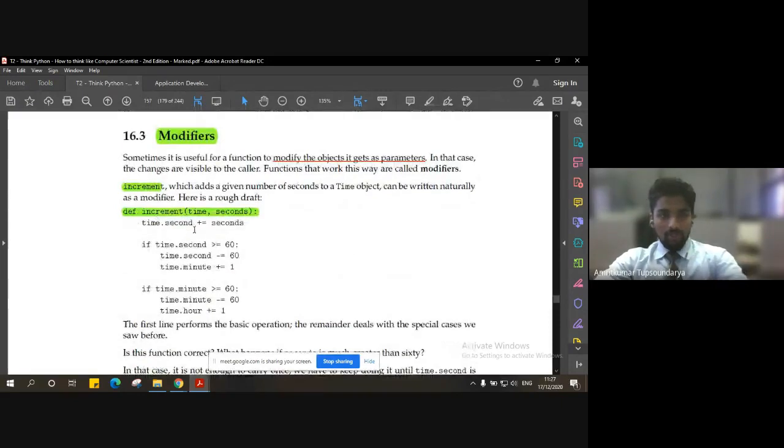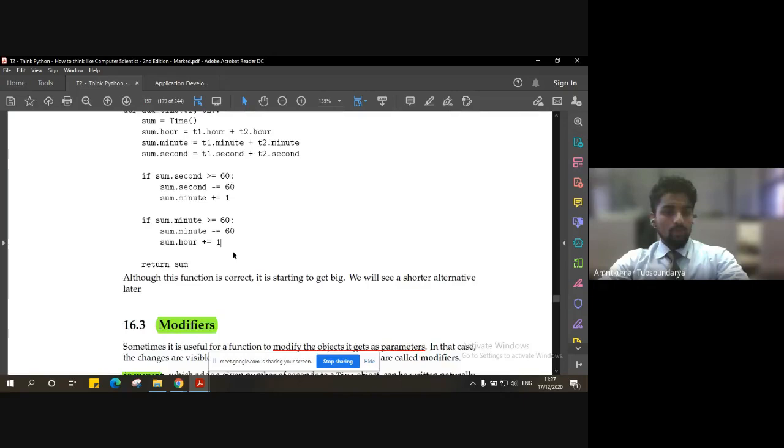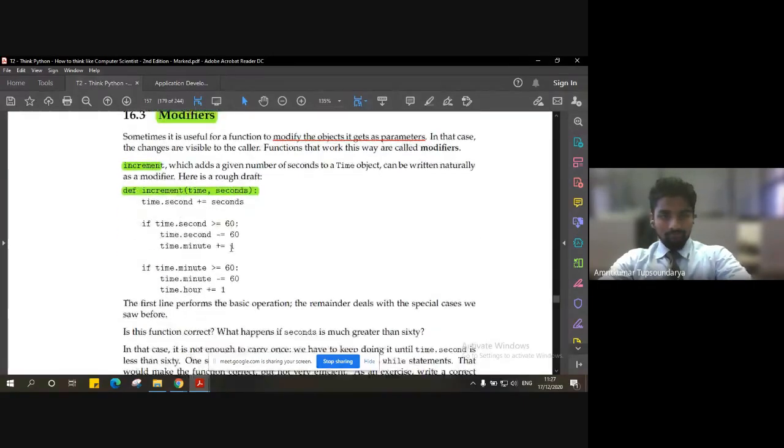But how to do it, let us consider this code. So whatever we have done above using the conditional statements, right? This whole set of program, that is converting a 60-minute time into 1 hour and converting 60-second time into 1 minute, right? So this whole thing can be summed up into one modifier, and let us name that modifier increment.